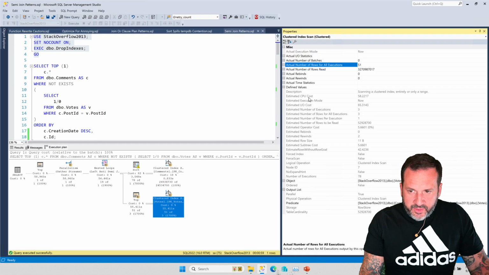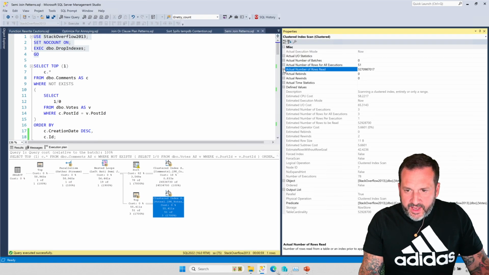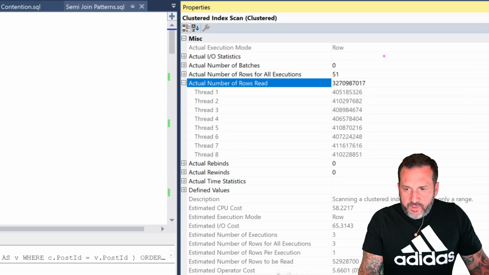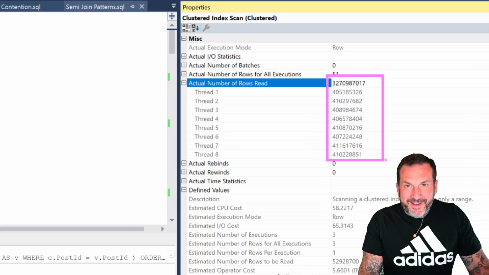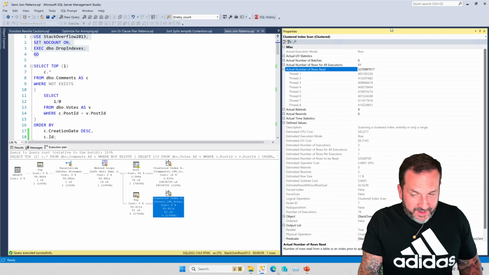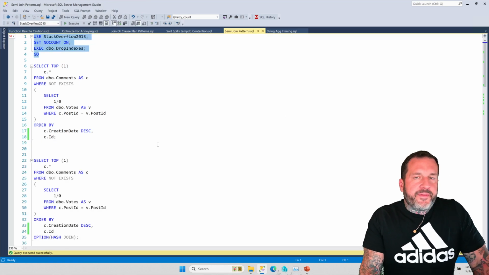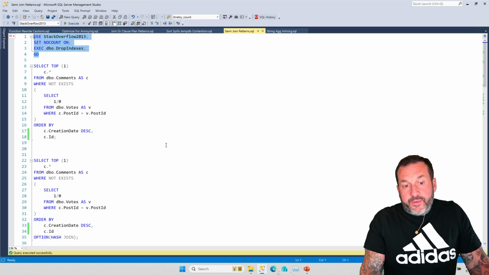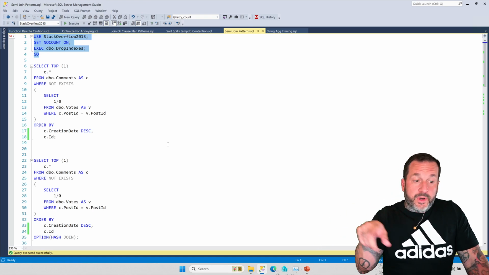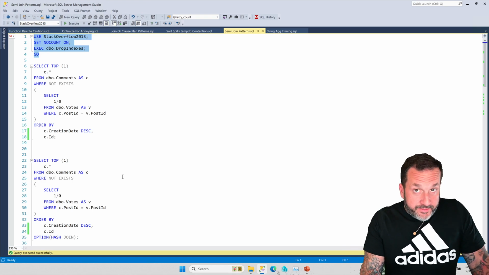If we go and we look at the properties of this, we will see some really big numbers on all these threads, adding up to this really big number on this thread. So SQL Server did not have a good time in here. Now, part of the reason for this is that we don't have a good index to support any part of this, and we're going to get to that in a second. But before we do,